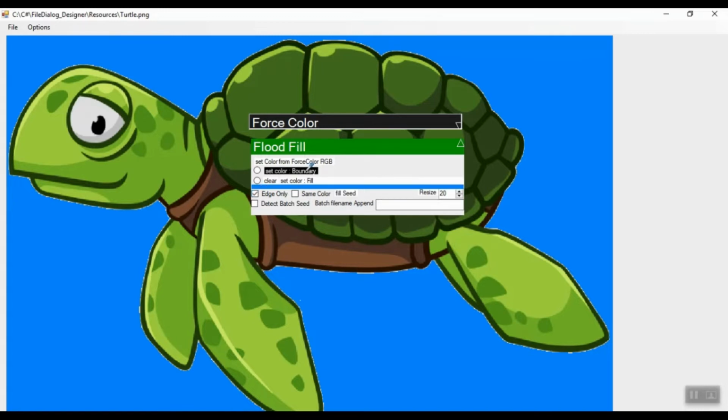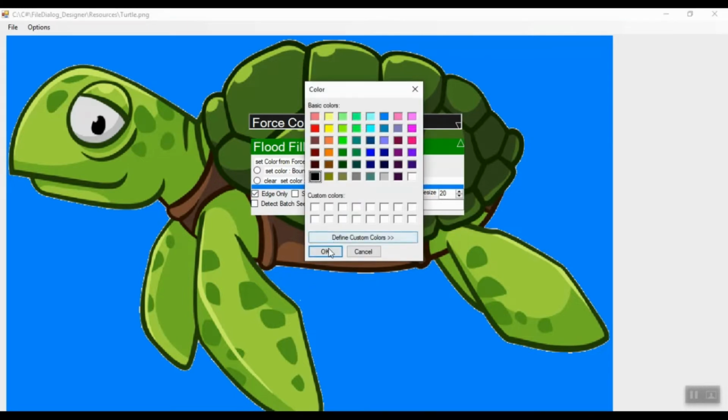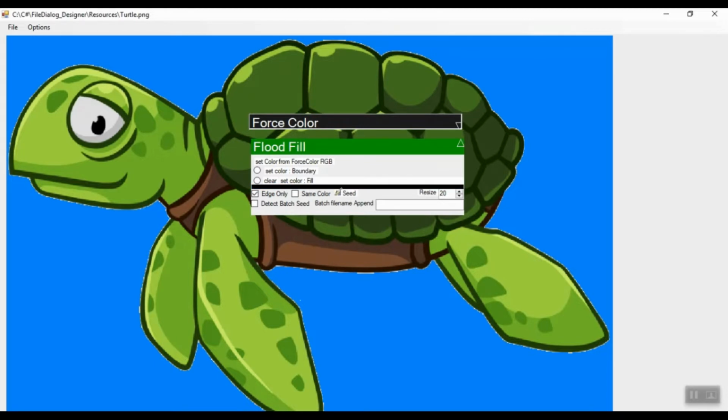All right, we're going to sample with the eyedropper the blue color. All right, then we're going to set a background color, clear that, and set a background color to black. All right, so now we have a boundary color blue, and a color that we want to add, black, and we're using edge only. So we click on fill seed, click anywhere inside here, and what it does is,